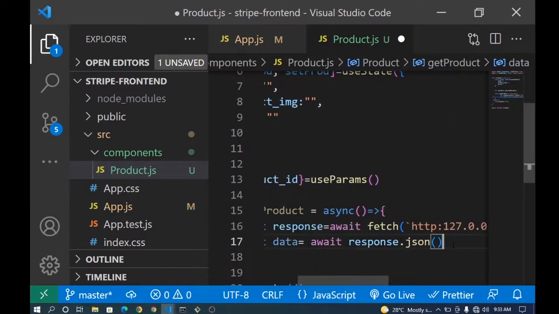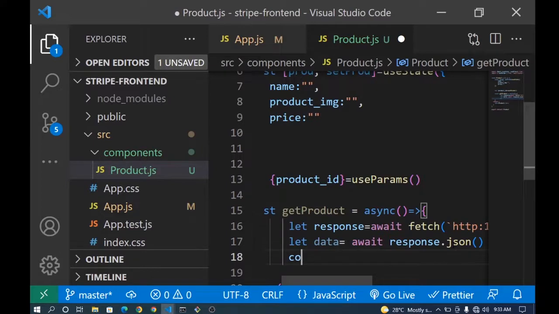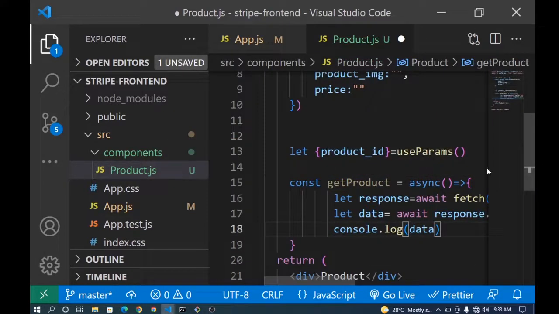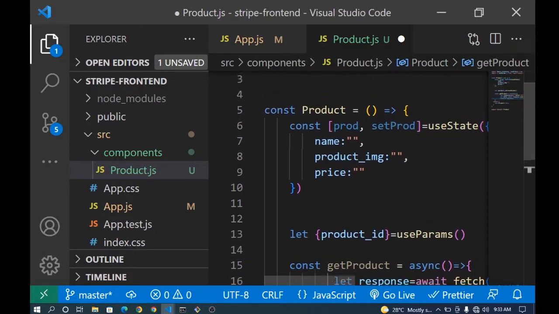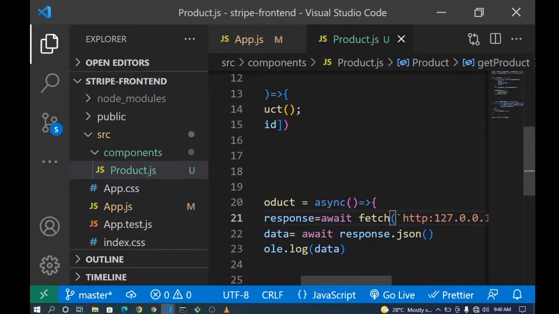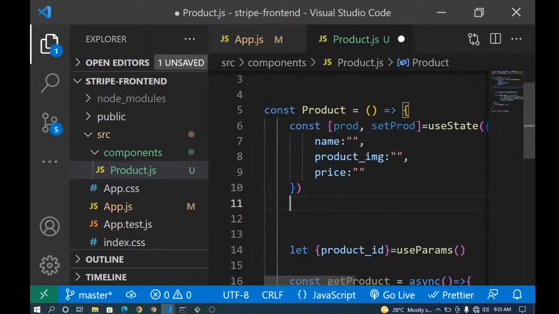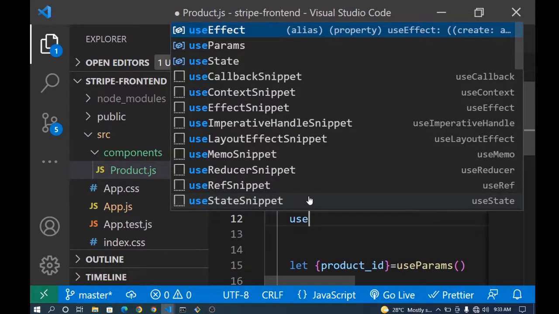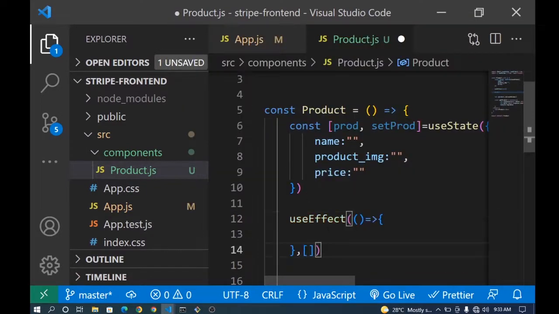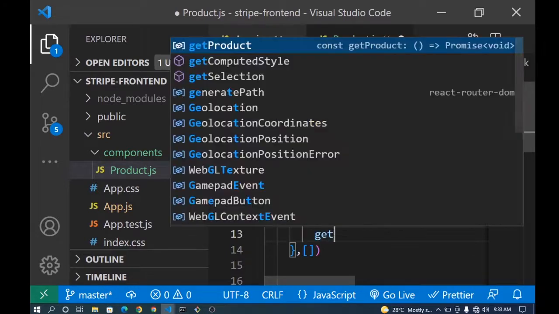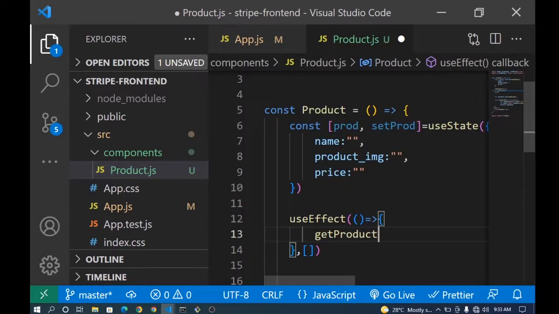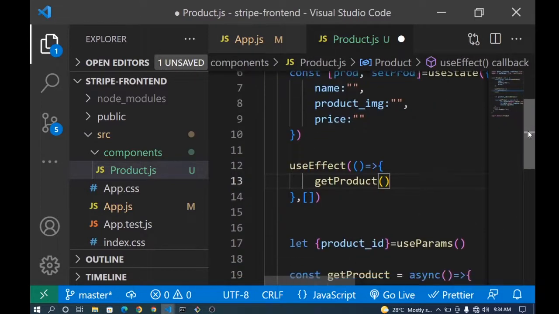Alright, so let's check our data by simply running the console.log. The getProduct function is going to be called in our useEffect, so when the page loads, that's when the component mounts. So we're going to use the useEffect. In here we're just going to simply call the getProduct. Alright, so that's that. This needs to depend on our